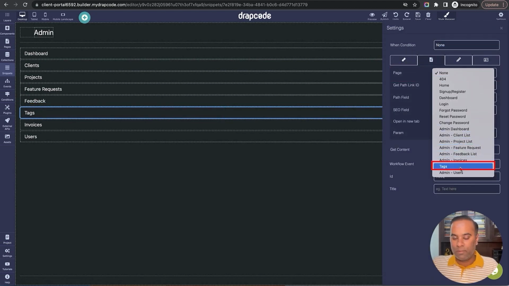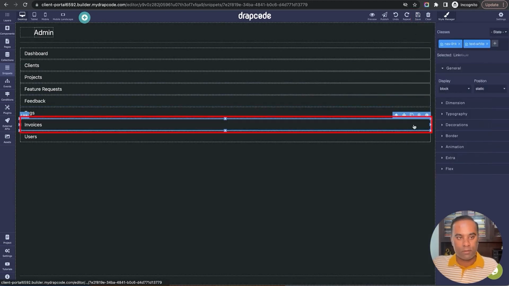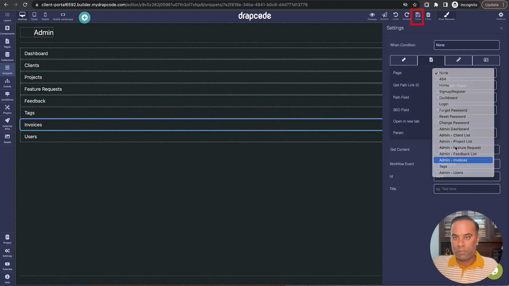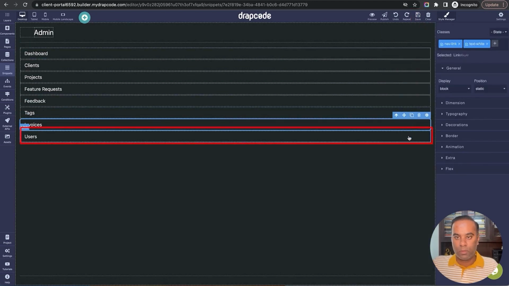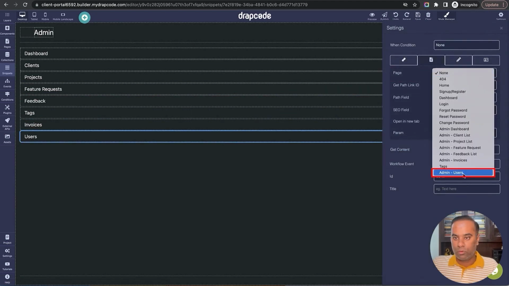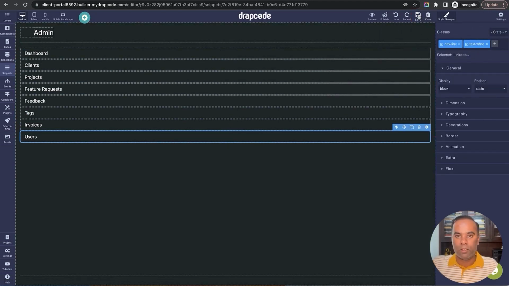Okay, I should have named it admin tags, so I just named it tags. Invoices, let's connect to invoices. And users, let's connect to users. Okay, so we have created all these list pages and then connected them to respective admin